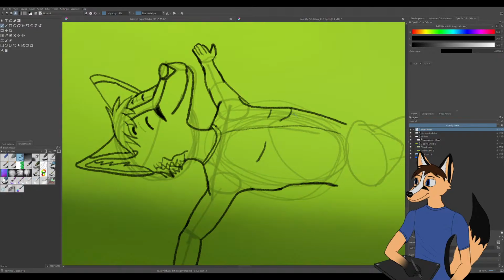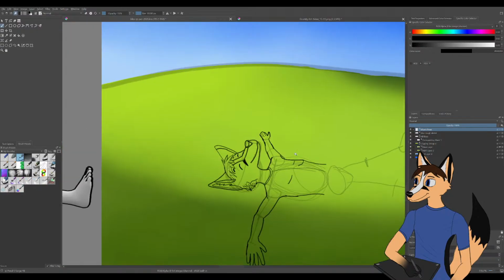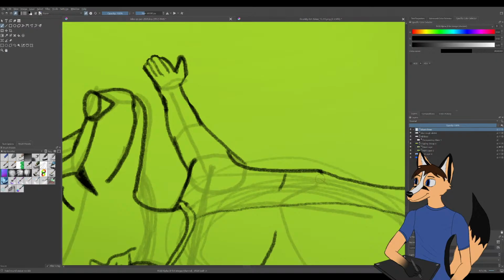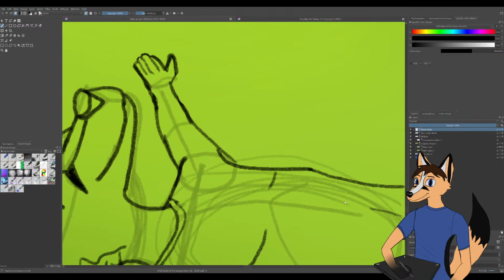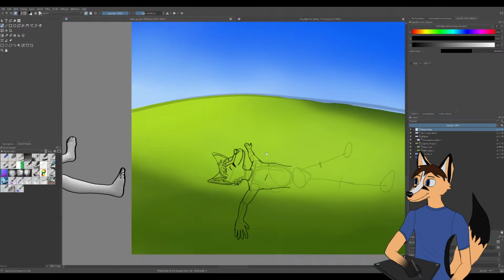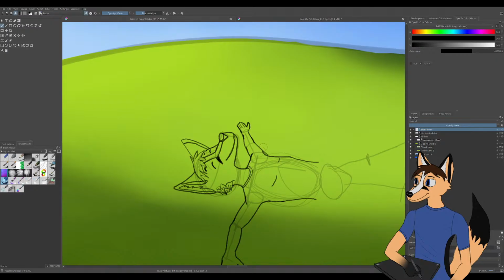And then this also goes in just slightly. This actually goes in too much down here, and then I can get rid of that indication line that I drew. And now I draw this part of him.